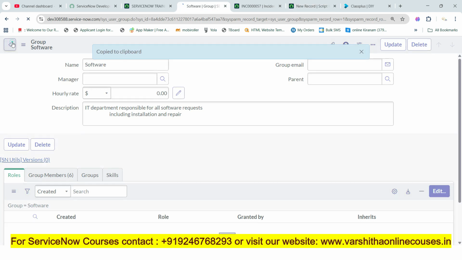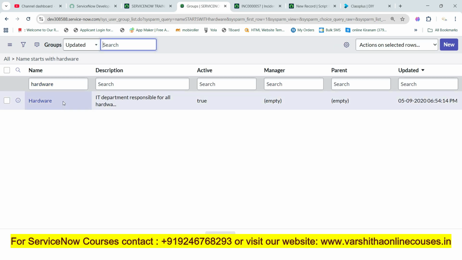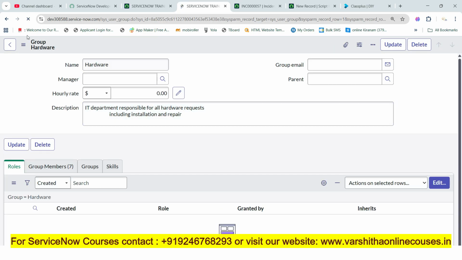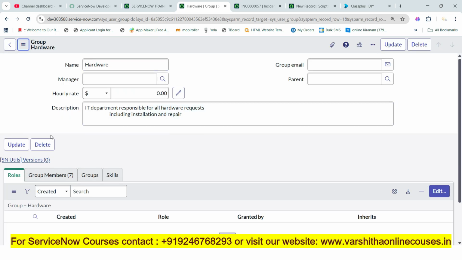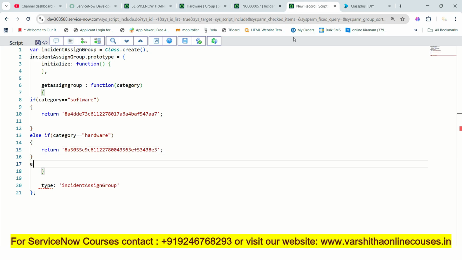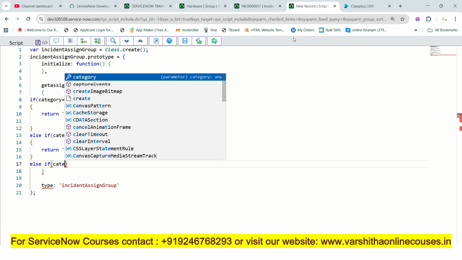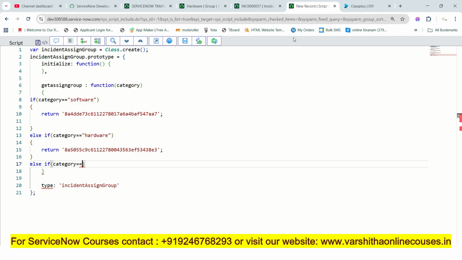Where is that hardware sys id? Okay, hardware sys id, hardware. Yes, this is hardware, and I need to copy the sys id of this hardware, and simply I'll paste it here. So that's it, enough. And then I'll go to another option, and else, again if condition, if category is equal to